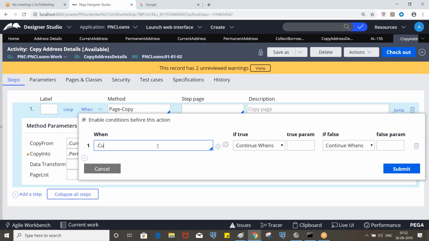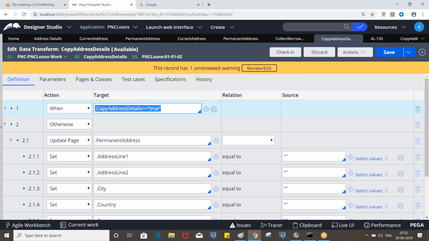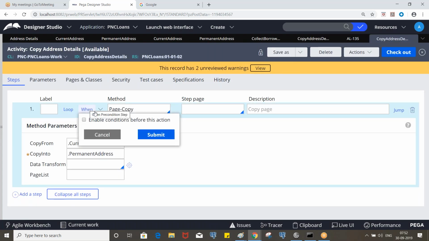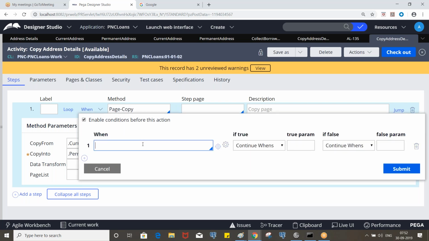What is that? Copy address details. Take this. If it is true, continue whence, otherwise.